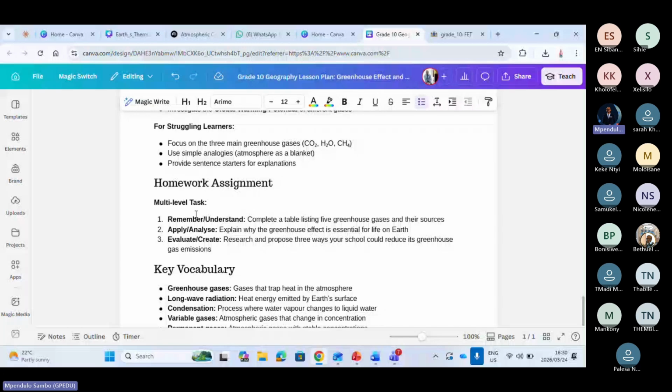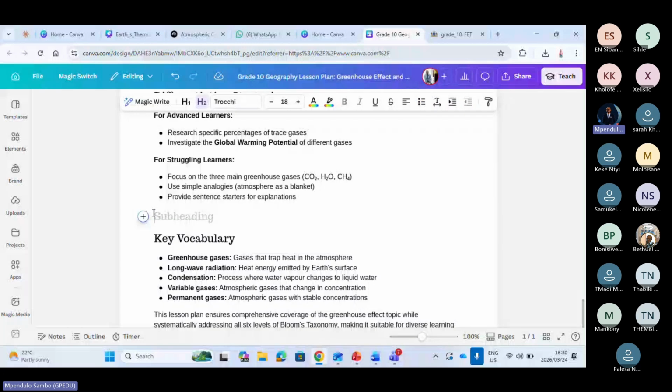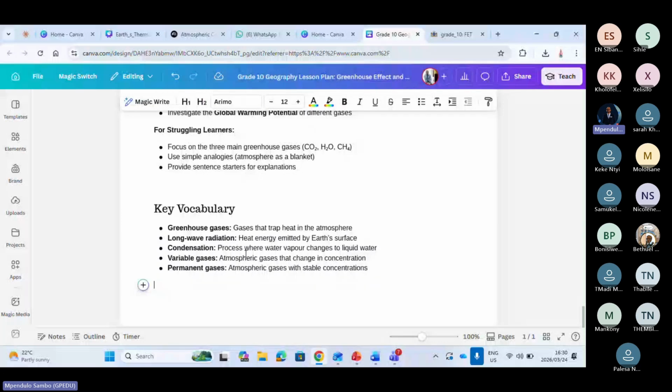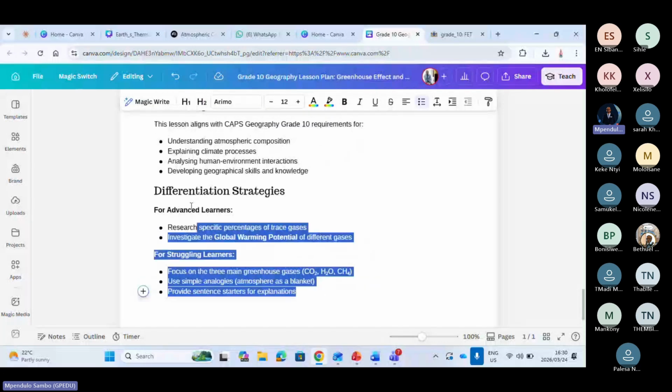This one, I'm going to leave it. I'll tell you why. This one, already, I know it has been included. I don't need it because I want the actual content. Look what I'm doing. This is what you also need to be doing in your lesson planning. So it tells you the evaluate. No. I'm going to remove this one. I'm going to remove this one.